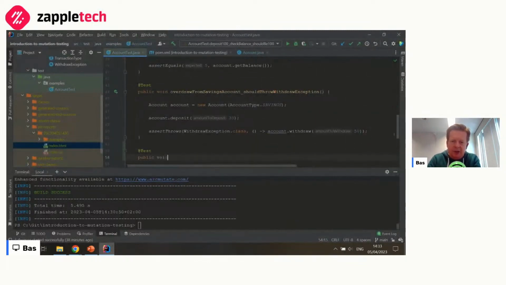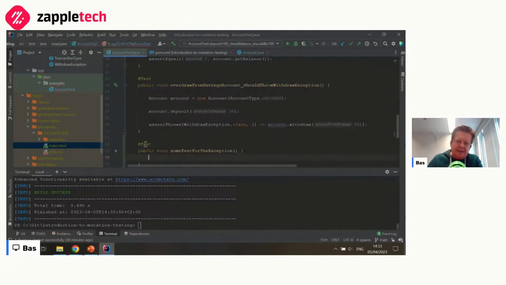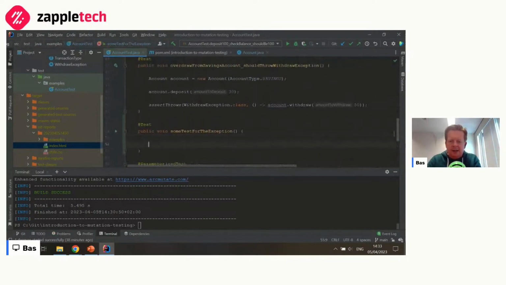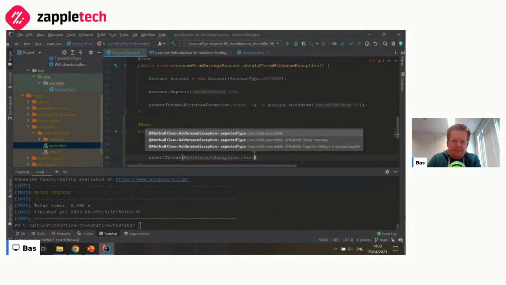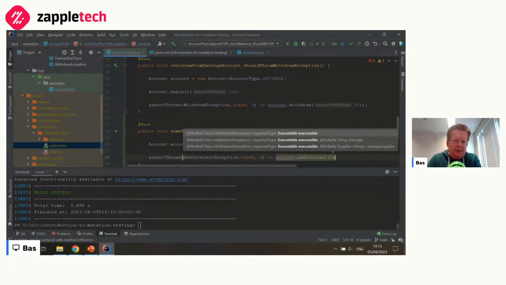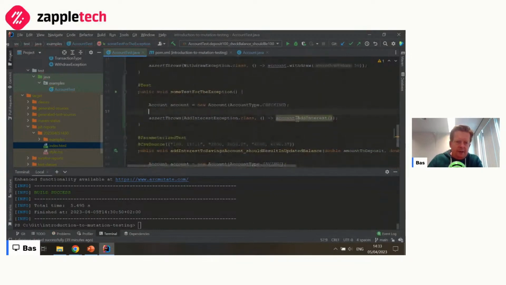I'm just going to write a test for the exception. Yes, I know I should think of a better test name. We want that on a checking account, and then I want to assert that if we call the add interest method on that account, and IntelliJ tells me I can even replace that with a method reference.